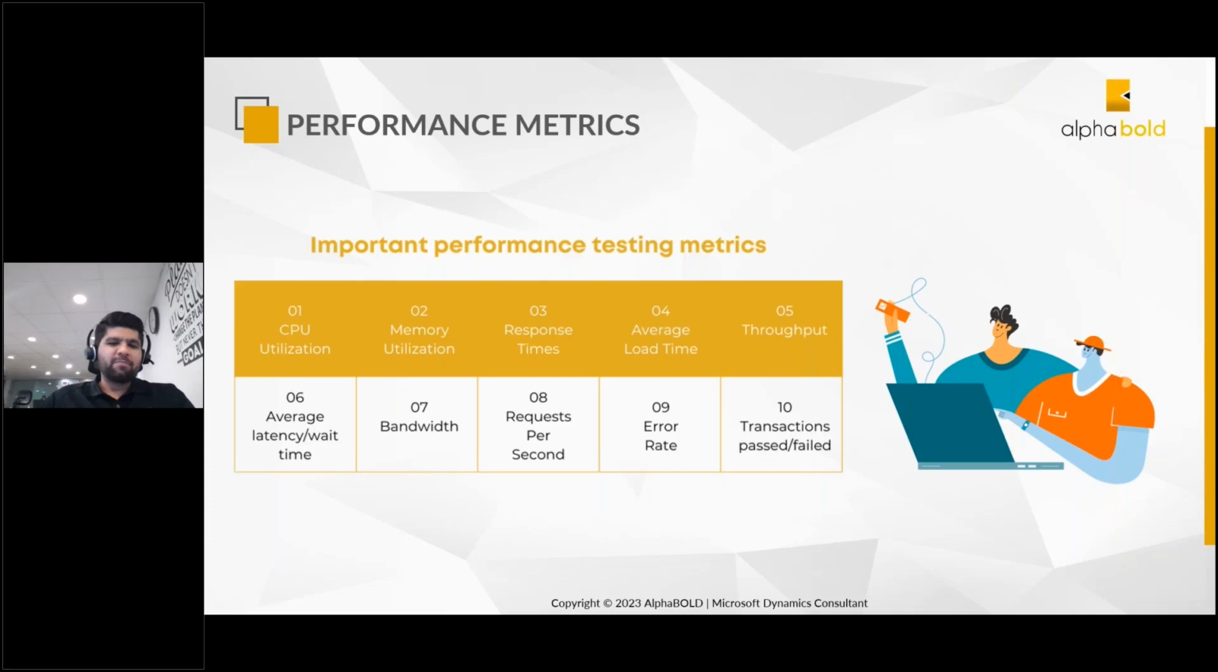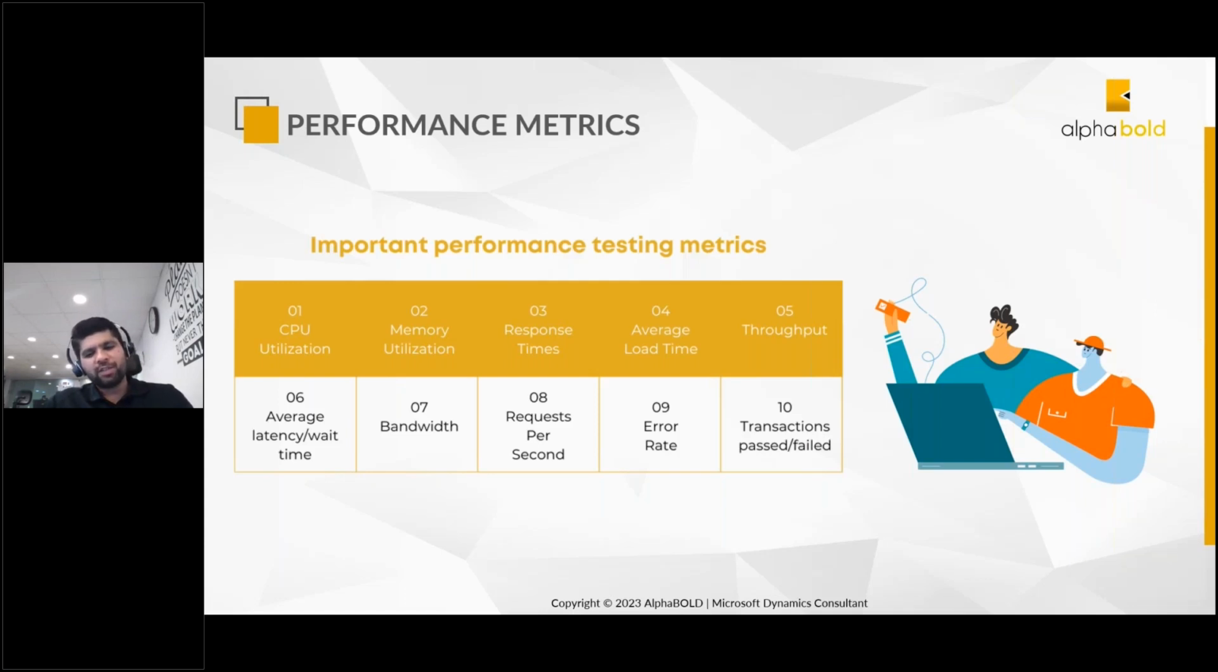So the most important performance testing metrics are CPU utilization, which is the percentage of CPU capacity utilized in processing the request. Memory utilization, which measures the utilization of the primary memory of the computer while processing any work request. Response time, which is the total time between sending the request and receiving the response. The better the response time, the better the performance of the application. Average load time, which measures the time taken by a web page to complete the loading process and appear on the user screen. Throughput,